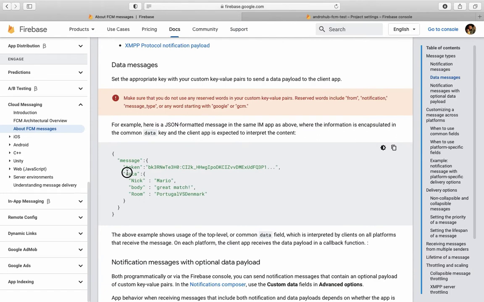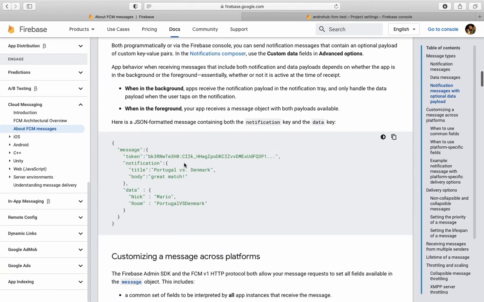And if you are handling the data payload, then data will be the key, and inside that all the information is in key-value pairs. And you can send both the notification and the data payload together, like a notification object and the data object. Okay, so in this way you can trigger and send the notification to any device.